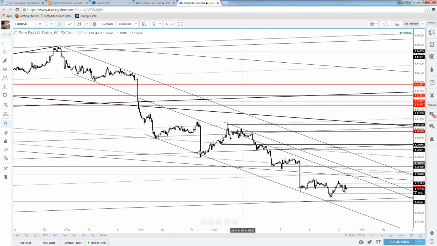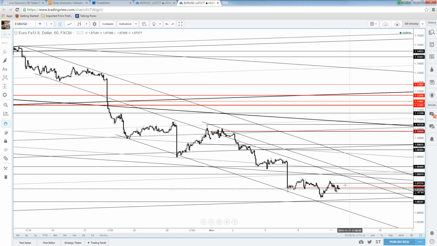Even the low line down here was support. After NFPs made the new dip low here, just 2 days ago, or yesterday actually, before coming back. And we are actually just kind of trading around where we finished the NFP volume level as well as the week open, which is 107.30. So